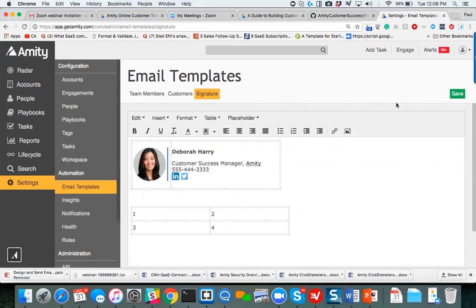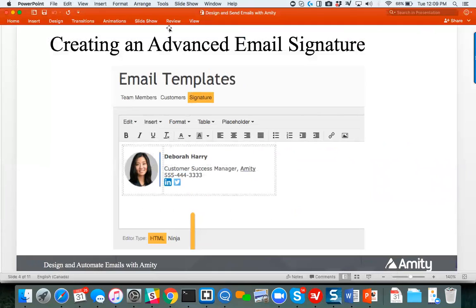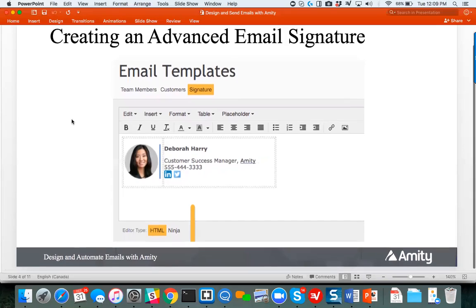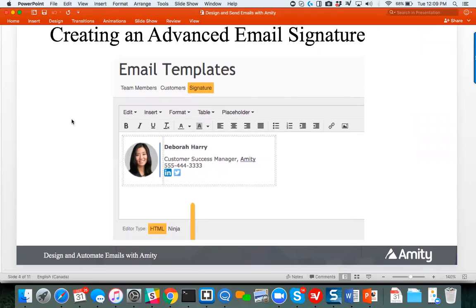And so that's the basics of email templates. Okay, see if there's any questions. No questions. Okay, so those are email templates and a beginning view of some of the tools in the Amity HTML editor. Now let's move on to